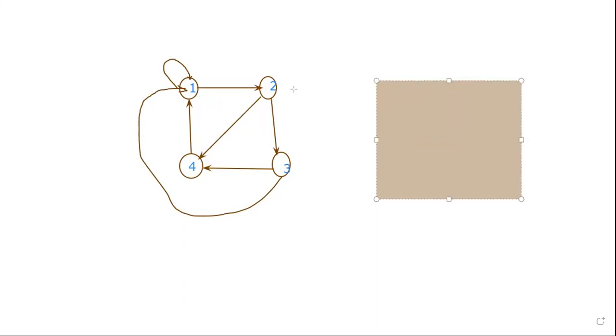Now I want to take the values of this graph matrix and show how I am processing it. I need to construct a matrix here. How many nodes are there? We have 4 nodes, so 4 rows will be there, and along with that, 4 columns will be specified.